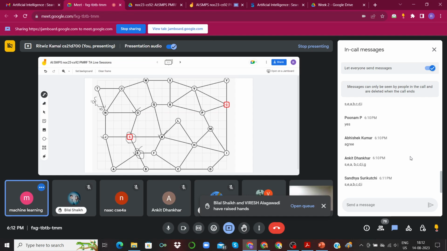Then you will find it using the appropriate algorithm. And if you are getting stuck, then it means that the algorithm you're using is not appropriate. And in another case, if there is no particular path that can fulfill the requirements of the traveling salesman problem, then that is the case.